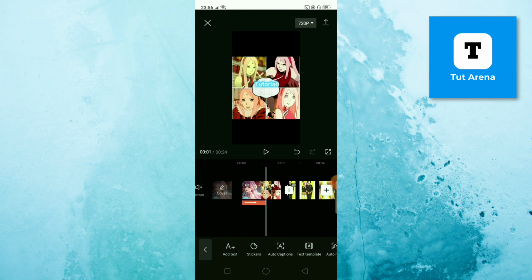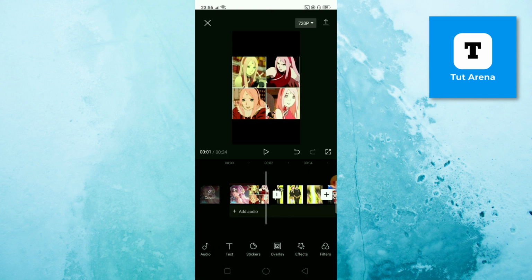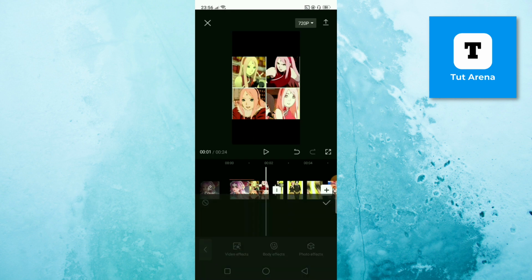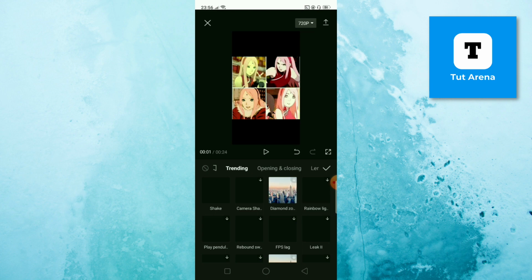You guys can add effects into your video and also into your audio. Now I'll show you how to add effects on video. For this, let's go back and then tap on effects. Now tap on video effect, and here you guys can see a lot of options. At first you guys can see the trending options,